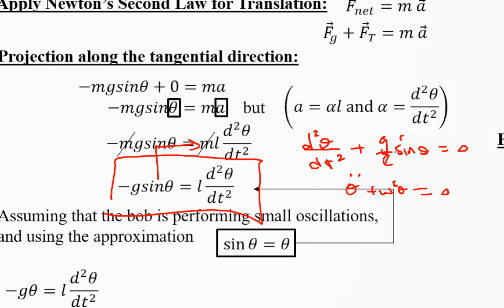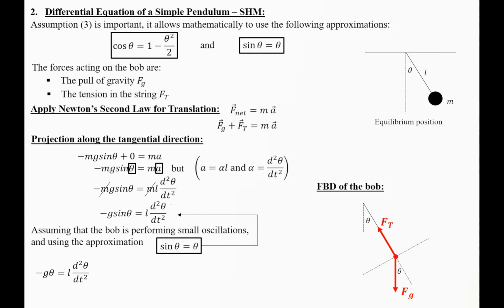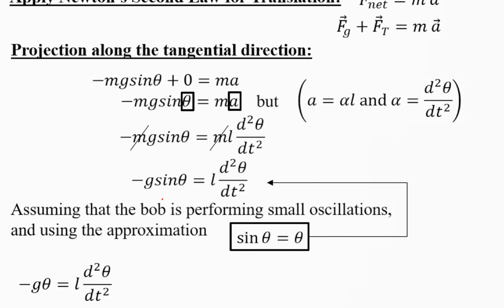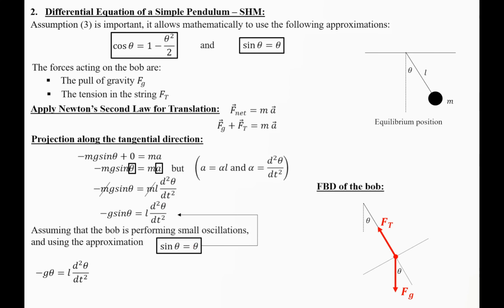If you look carefully, here we have the sine function and here we have theta. So this equation doesn't agree with the form of the simple harmonic motion, so we cannot say that this is performing simple harmonic motion. The presence of these trigonometric functions destroy the symmetry of the simple harmonic motion. However, if you consider that the oscillations are very small, then we can use that sin θ = θ,